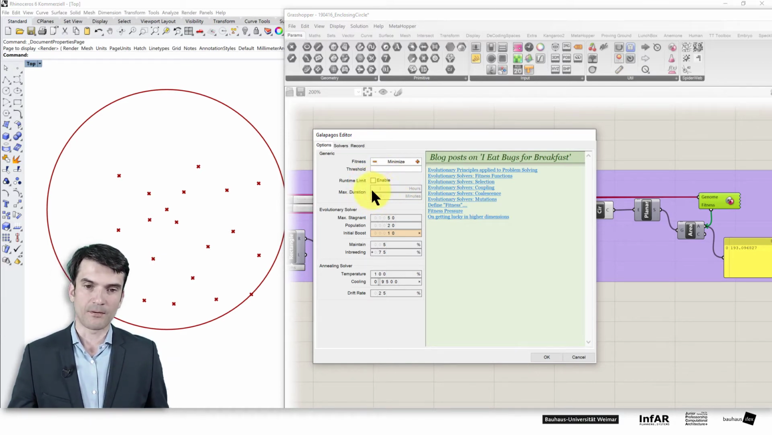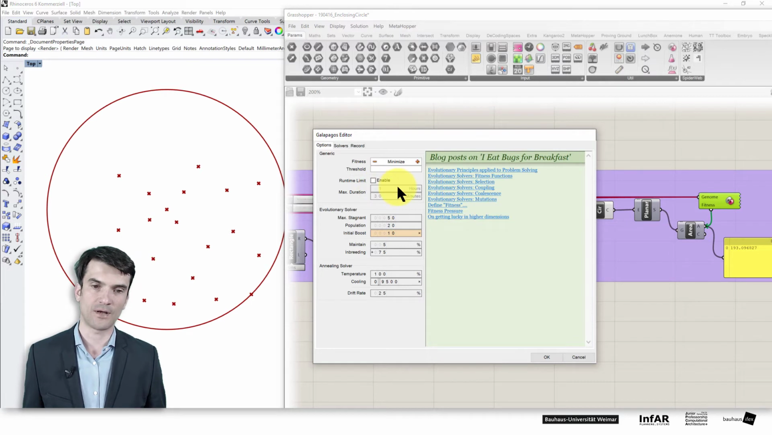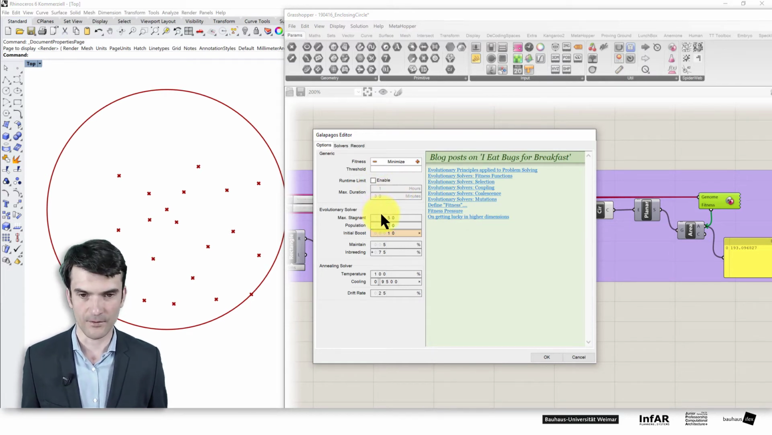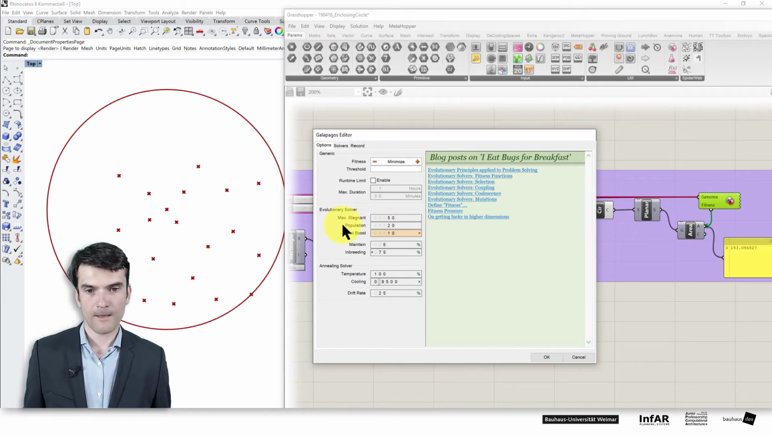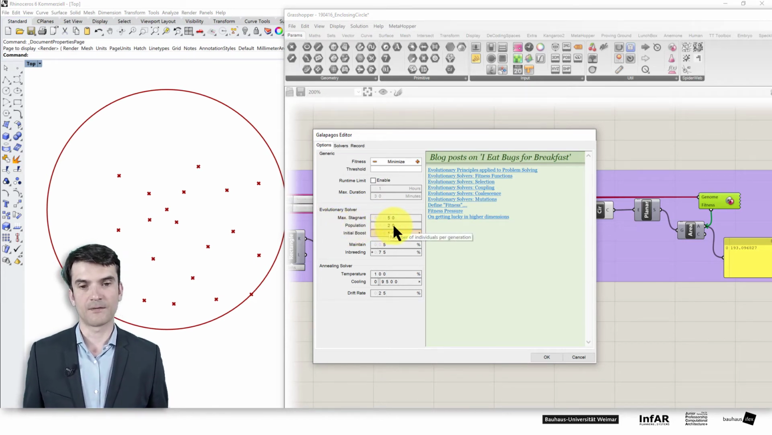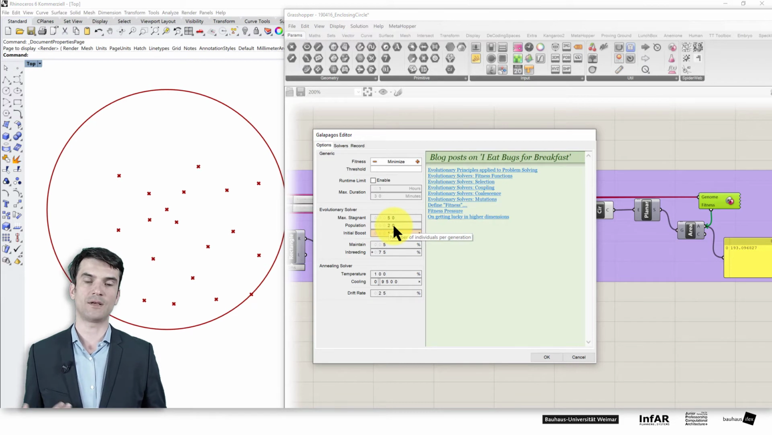Here you can define the termination criteria in terms of time. You can say I want to run this solver for 1 hour or 1 day or 1 week or whatever you want. And here you can set up the population, so how many parents per iteration are generated,